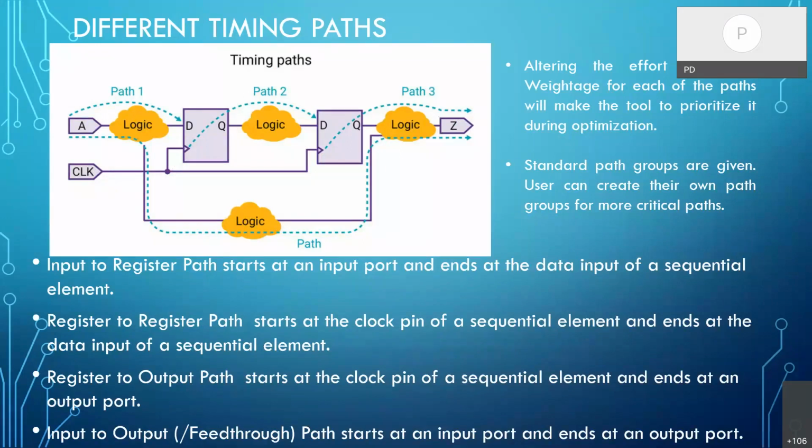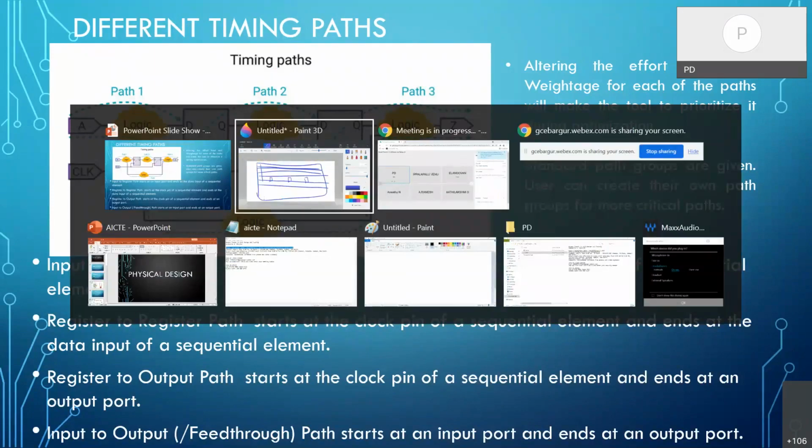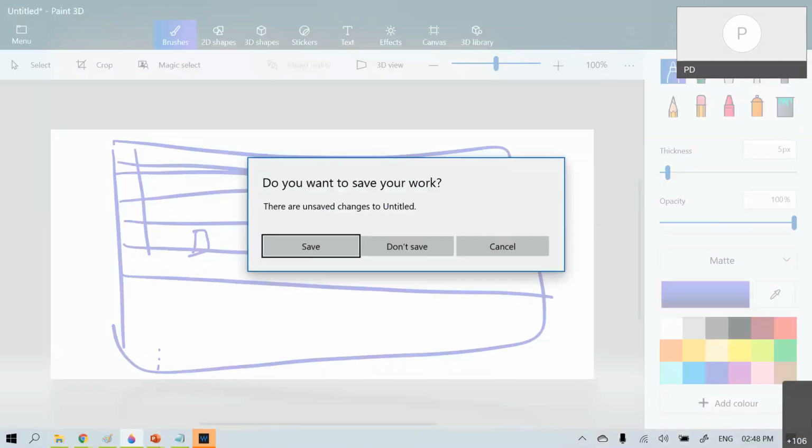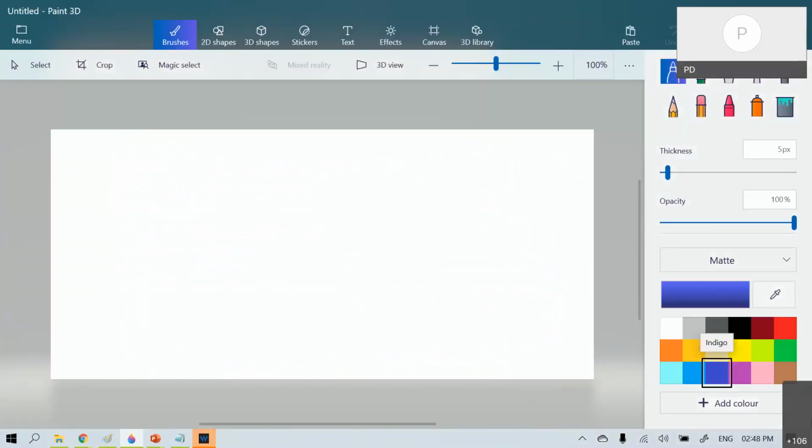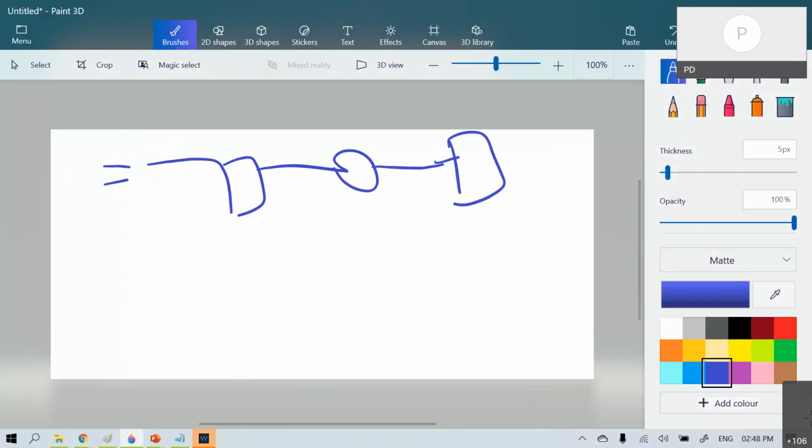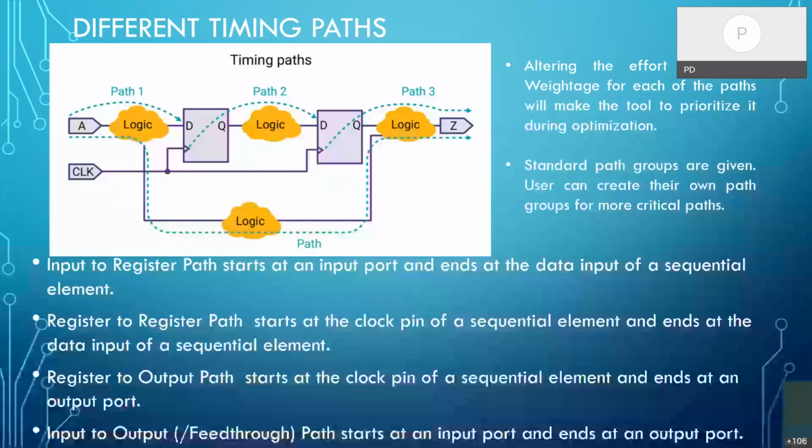So how do we do that? First option is creating path groups. Normally our design will be having logic like this only. Say it might have an input port. From there it will go to a register and the combinational logic. Again it might go to a macro or so, like this. So many paths will be there in the design. So we segregate all these paths into some basic path groups first. That is called a path group.